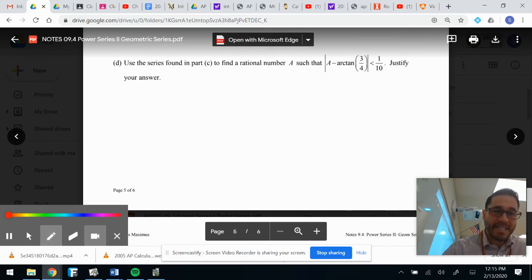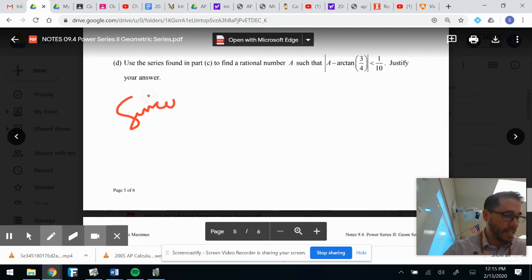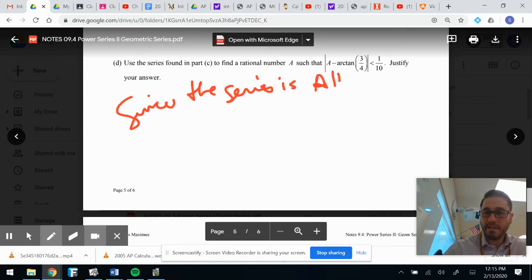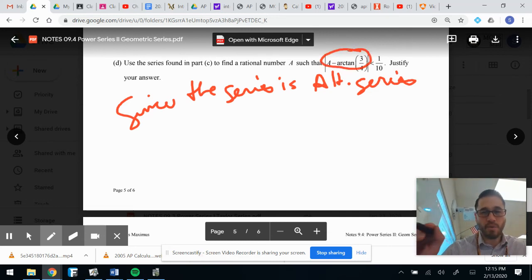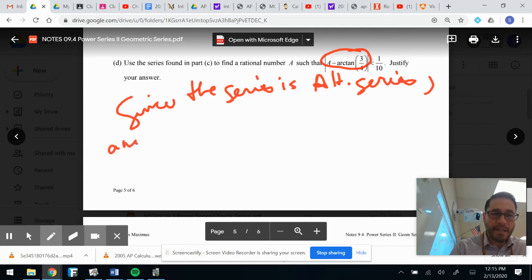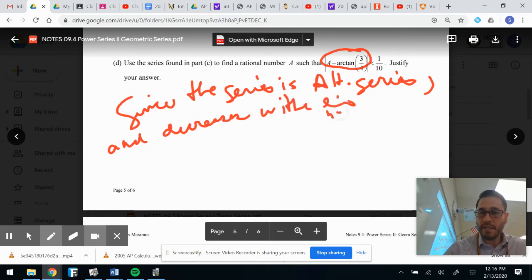All right, so since the series is an alternating series, which it is, and this error-bound technique works so far with what we're doing only for alternating series, okay? And decreases, it's kind of like the alternating series test, decreases with our limit as n approaches infinity going to 0,